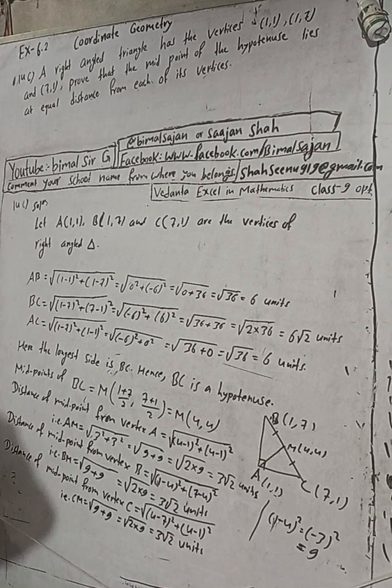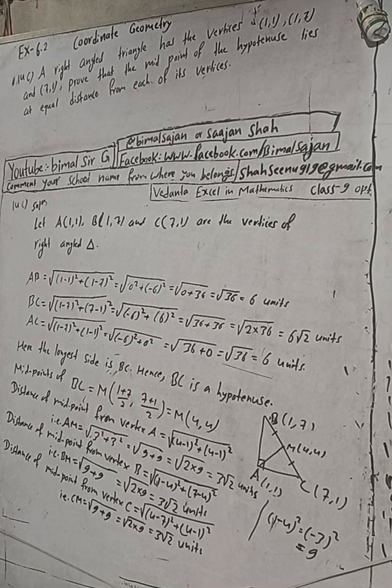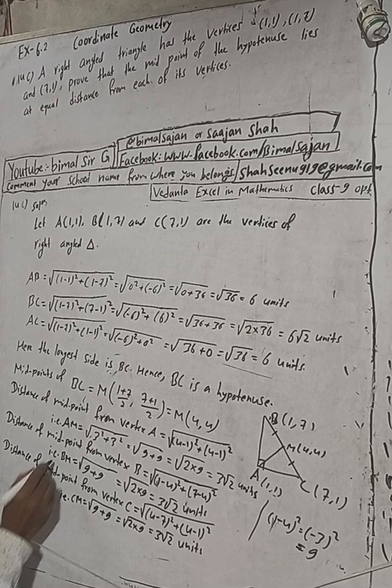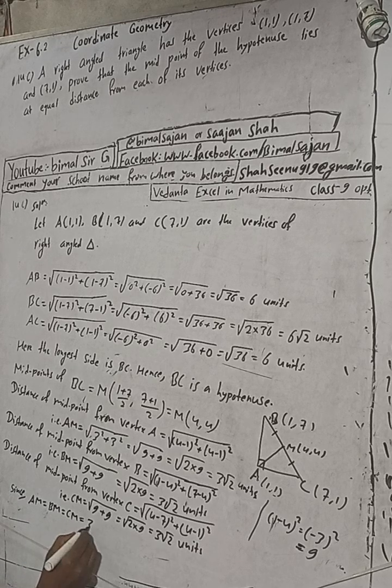Prove that the midpoint of the hypotenuse lies at equal distance from each of its vertices. Now we can see since AM is equal to BM is equal to CM is equal to how much? 3 root 2 units. Therefore the midpoint of the hypotenuse lies